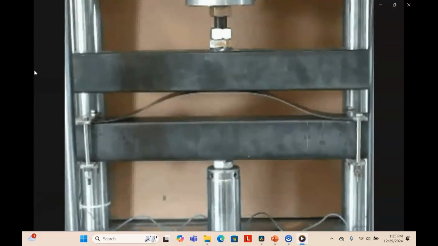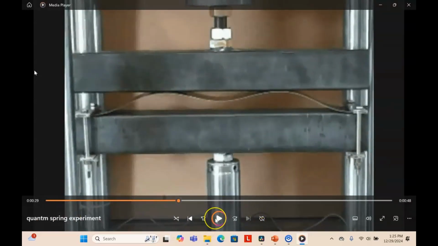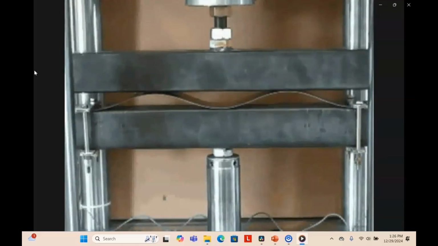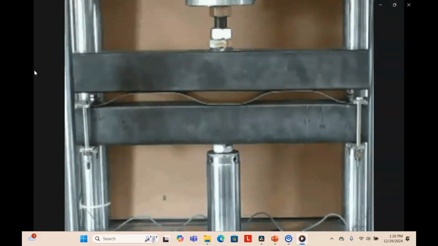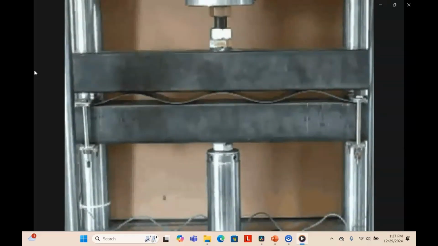This invention features spring steel plates that are mechanically compressed, increasing the system's energy. At specific loads, abrupt crest transitions occur, providing a powerful analogy for visualizing concepts in quantum mechanics. This experiment provides a unique opportunity to observe with the naked eye a macroscopic analogy to a quantum leap, a phenomenon where an electron in an atom jumps from one energy state to another. It offers an excellent way to visualize one of the fundamental concepts of quantum mechanics.